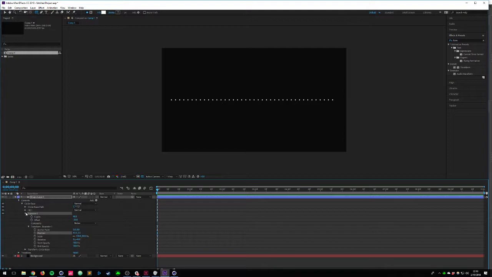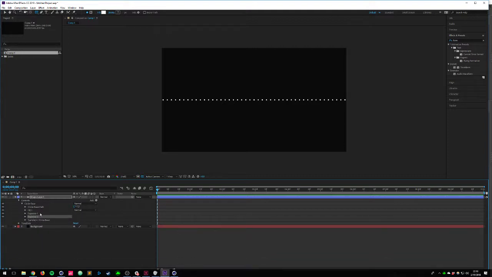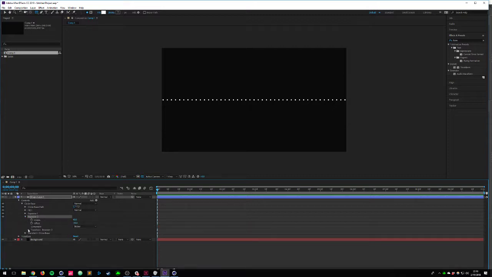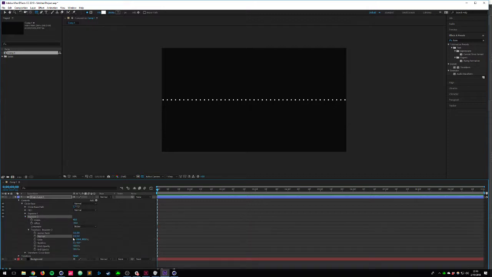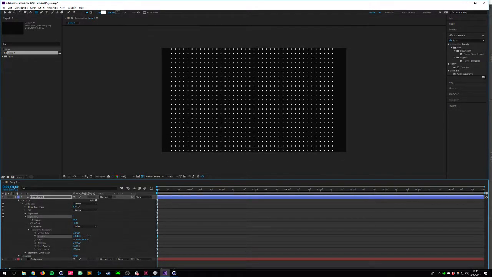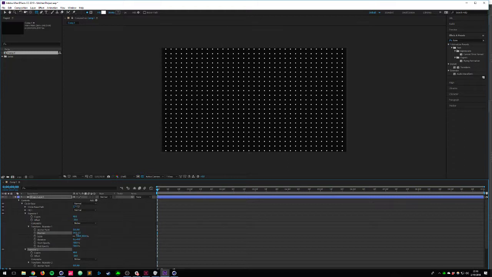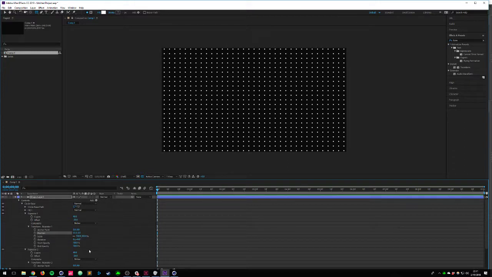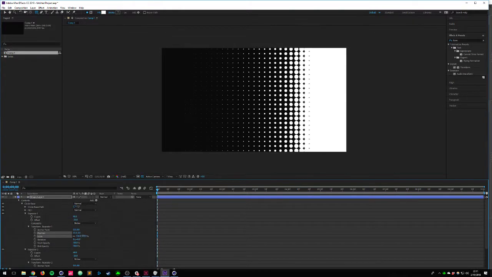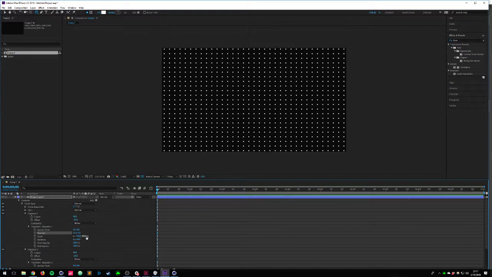But the cool thing that we can do here too is that we can chain these repeaters, right? So if I take this repeater now and hit Command D to duplicate, and instead of moving it on the x-axis, say I want to move it on the y-axis, right now I've just got this entire grid of dots on this one little shape layer that I did almost nothing to, right? And I've got these two separate properties that I can use to animate the position. You know, I could do these weird kind of halftone scale wipes, right? So these shape layers are absolutely